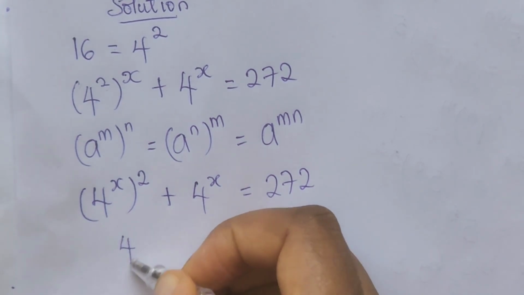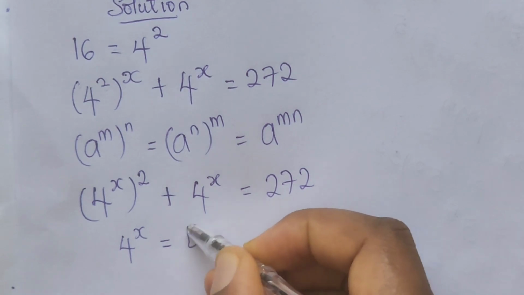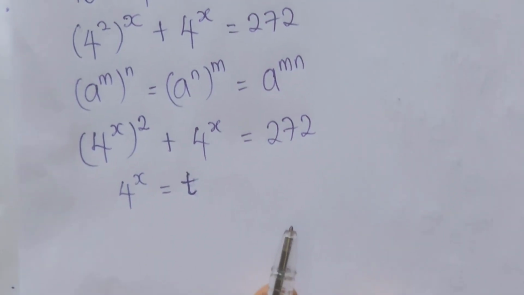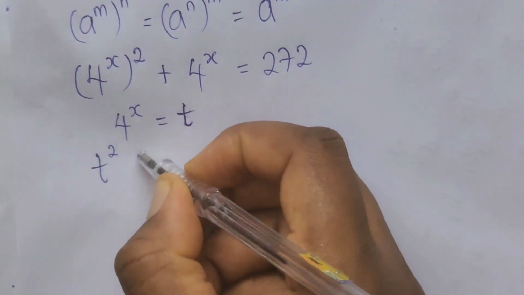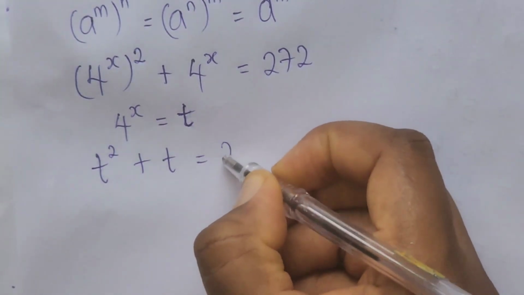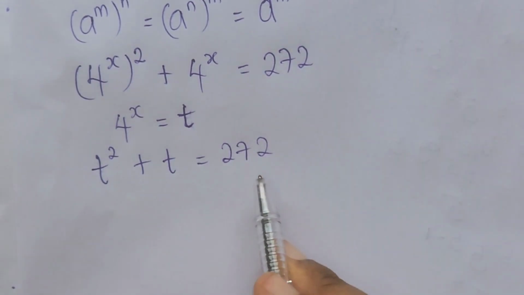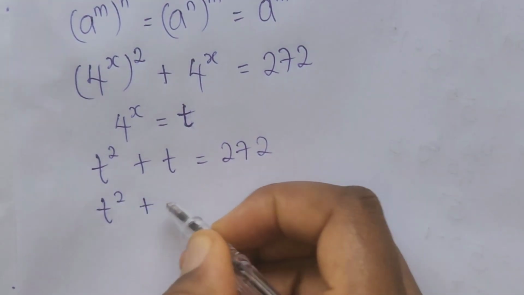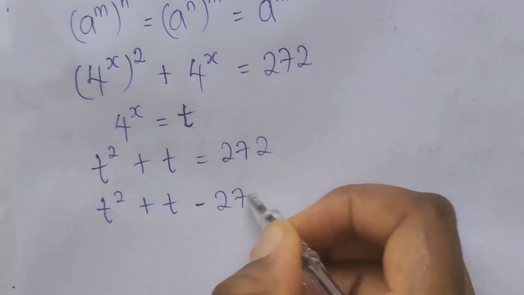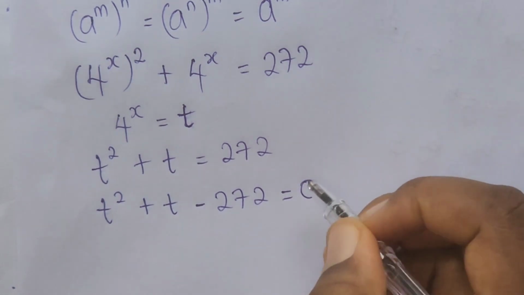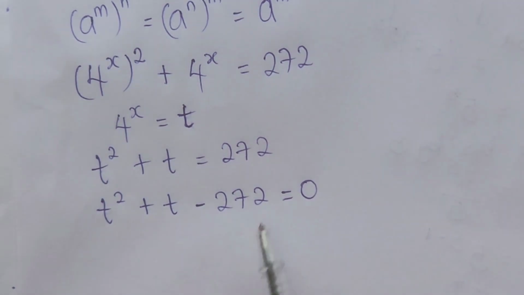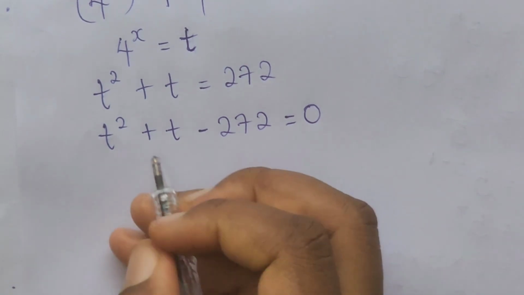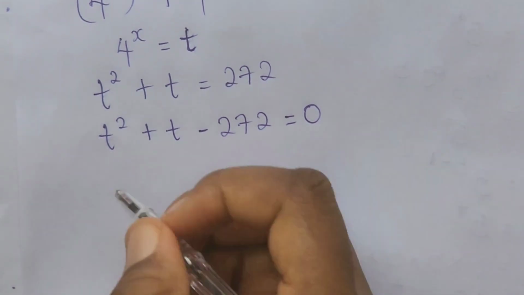Now we can name this 4 to the power of x to be equal to t. So wherever we see this, we'll impute this. We then have t squared plus t is equal to 272. So moving this constant over to the left, we have t squared plus t minus 272 equal to 0. So we have a quadratic equation now, and we can resolve it using the factorization method to have t